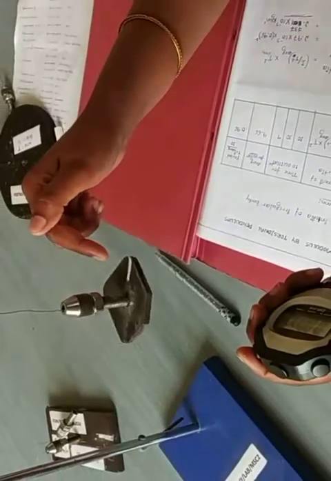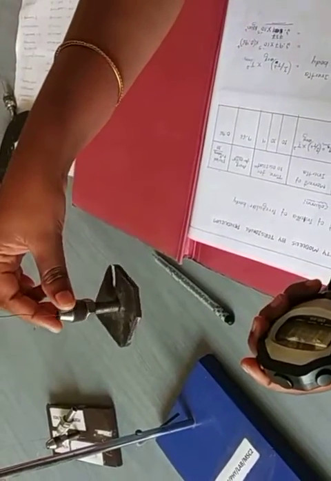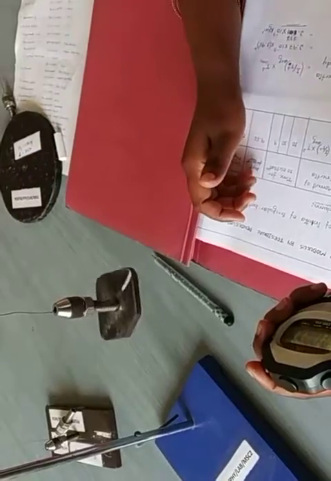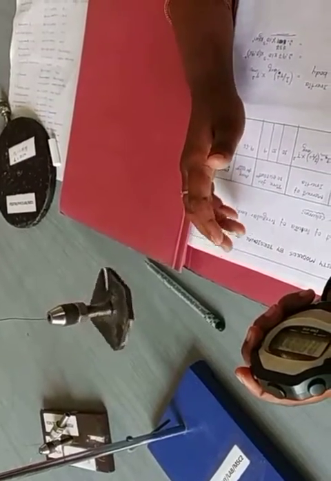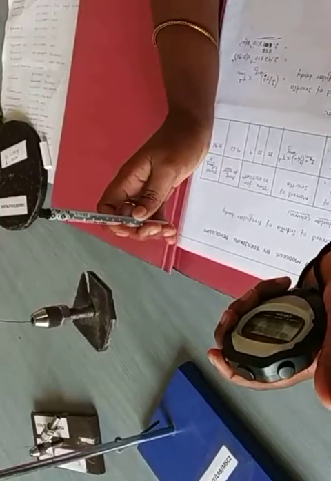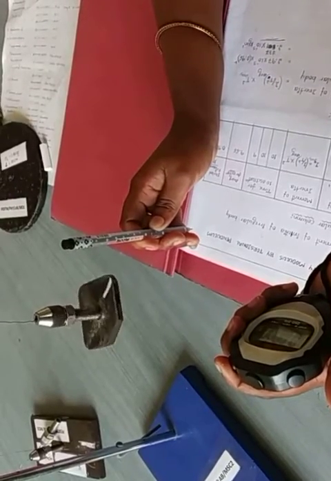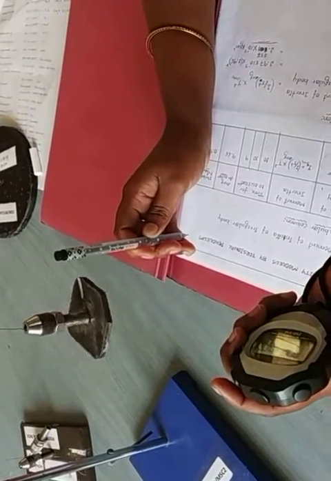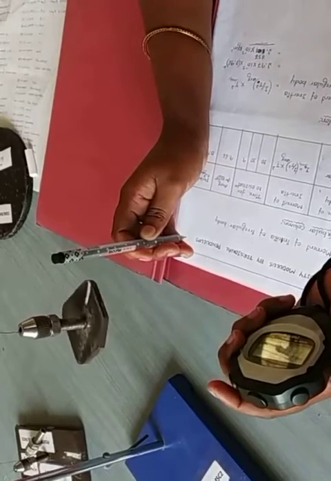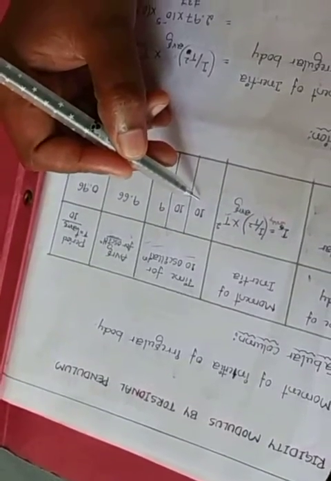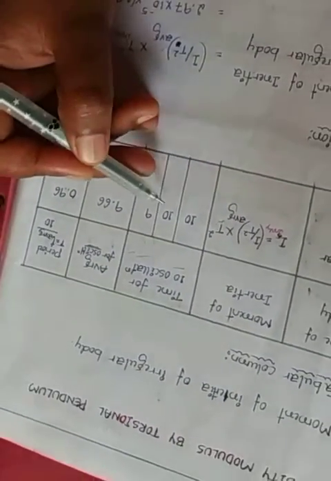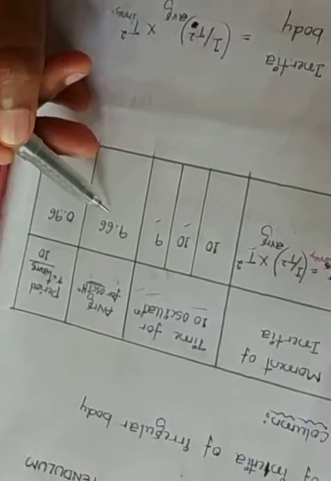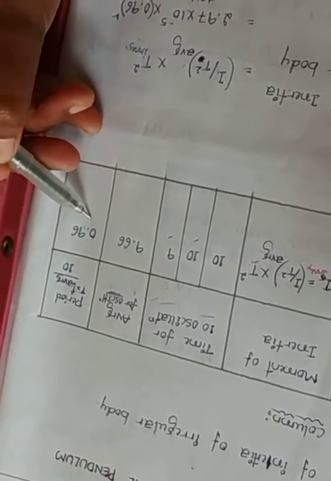Now take a mark on the object. We have to apply some force on the object. Again here it also shows some vibrations like this. So take one reference position, and based on the position we can measure the oscillation. Now start the oscillation, 1, 2, 3, 4. Like this, continue up to 10 oscillations. So the first trial oscillation value is 10, next is 10, third one is 9. Take the average of these three values, you will get the average answer. Then easily calculate the time period.